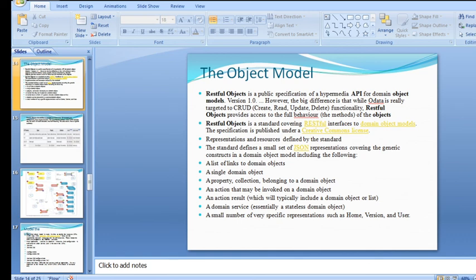A domain service is essentially a stateless domain object, with a small number of very specific representations such as home, versions and users.